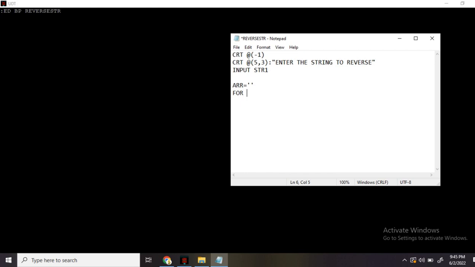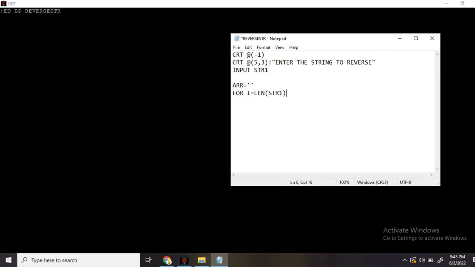Basically we are going to take the substrings and store them in reverse into a different array. So I'll run a loop: for I equal to the length of the string, so I'm going to the end of the string